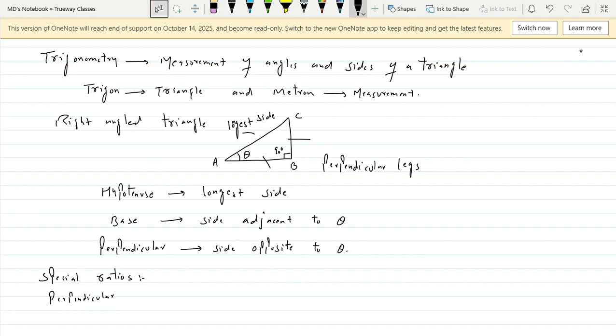Perpendicular divided by hypotenuse is called sine of theta. We simply write it as sin theta, isn't it? The second one is